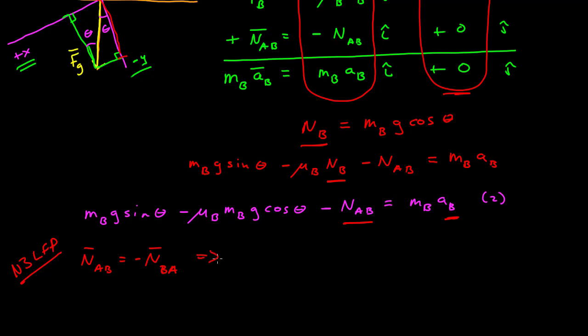Okay. So that tells me that their magnitudes are equal. Normal AB is equal to normal BA, which is equal to the normal force. I also know